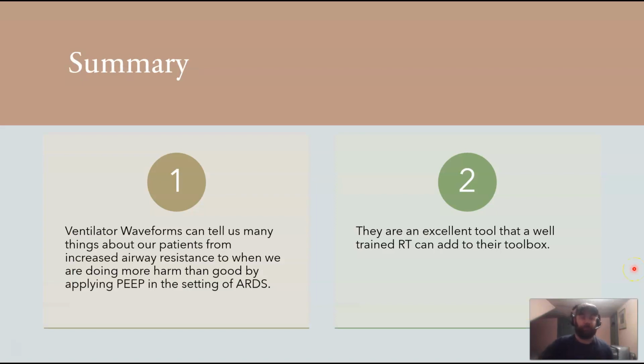So in summary, waveforms, they can tell us a lot of things about our patients. And it's a really good tool to have in your toolbox for being an RT. If you can decipher what those waveforms mean, it really helps you in adjusting your ventilator settings to better suit your patient and prevent things like barotrauma, or if they need to be suctioned, or if you need to administer a bronchodilator because airway resistance increased and you need to try to treat that